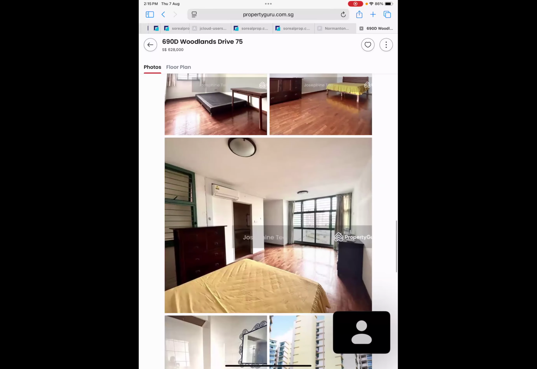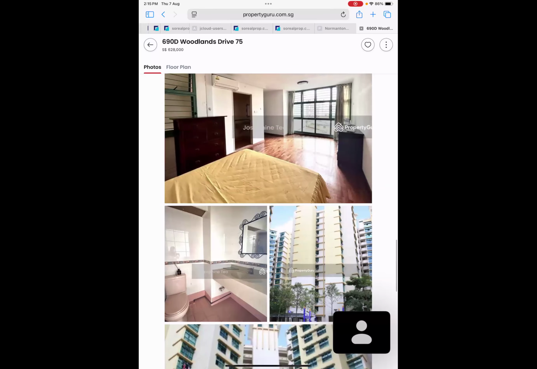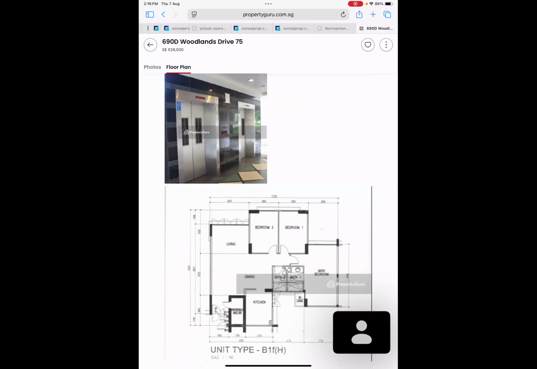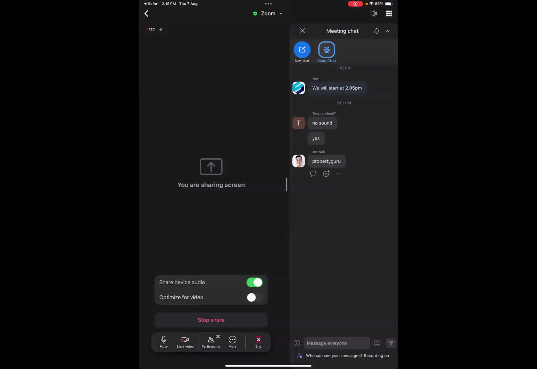Of course you can refer to the floor plan. The floor plan is here. If you know how to read the floor plan, good for you. But a lot of people don't know how to read the floor plan and might not be that interested in reading a floor plan. So the idea behind this is that it's very common that you have buyers that